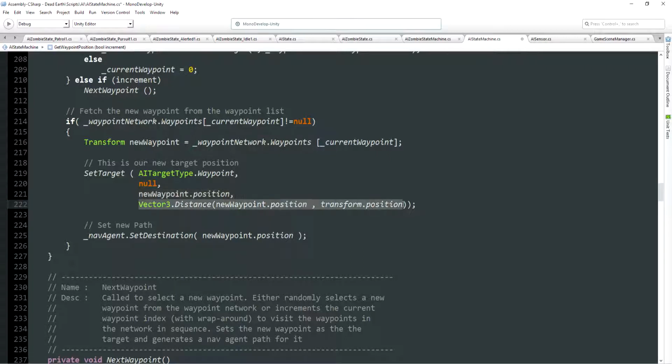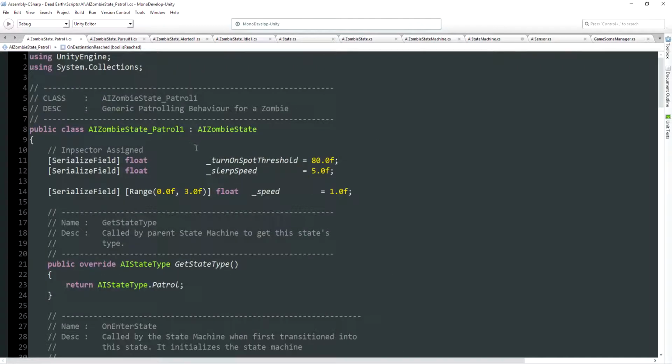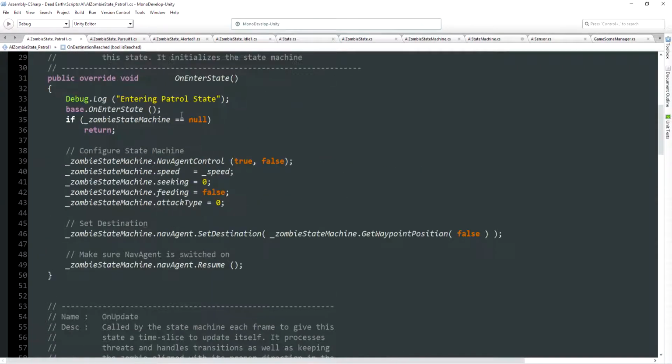and calculate the distance. Now the only thing we want to remove from here is the bit where we automatically set this as the new destination for the navAgent. You'll notice that when we go back to the patrol state where we ripped out all of that stuff at the beginning that used to do the whole waypoint selection stuff, we do still expect to set the navAgent's destination ourselves. So you can see in the patrol state I say navAgent.setDestination, and then I call that get waypoint position